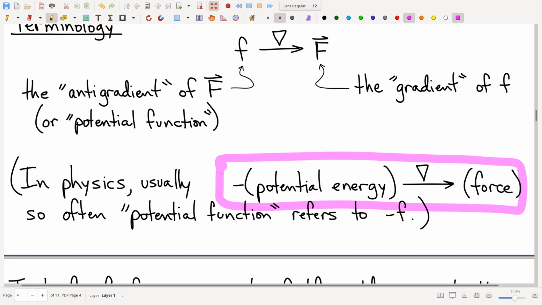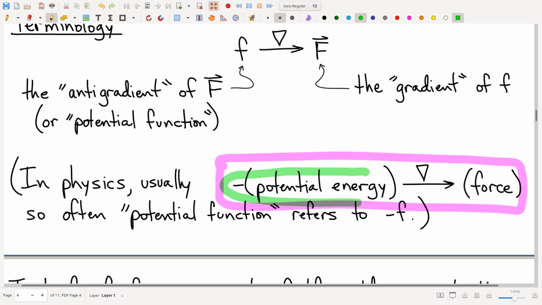The force, though, points down. That's just how the physical world works, right? So force is not the gradient of potential energy; it's the negative of the gradient of potential energy. And gravity is the most easily relatable example of this, but this works in any kind of potential situation. So with that in mind,